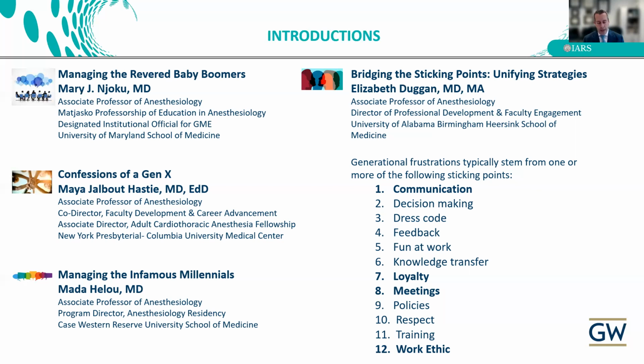Generally, she'll be thinking about bridging together these challenges that divide generations in the workplace, aligning interests, realizing strengths, and how achieving a vision can be possible. And we're going to zoom in on 4 particular sticking points of the 12 listed here: communication, loyalty, how generations approach meetings, and work ethic. Thank you for your attention, and we look forward to question and answers.